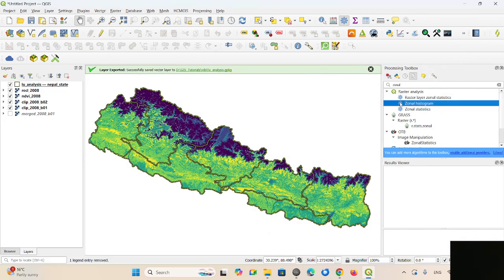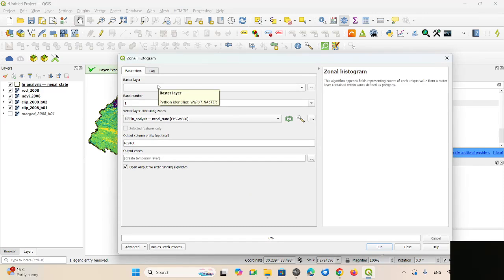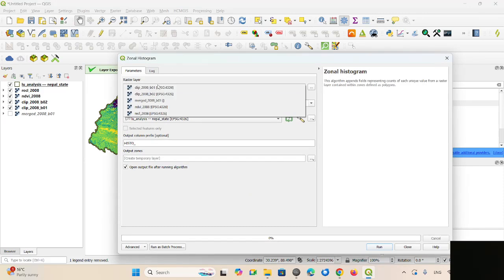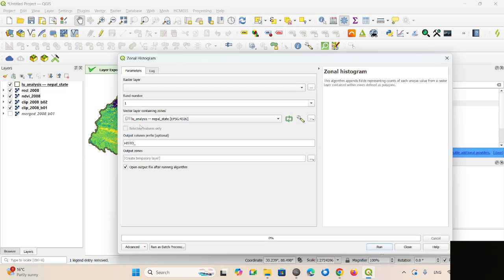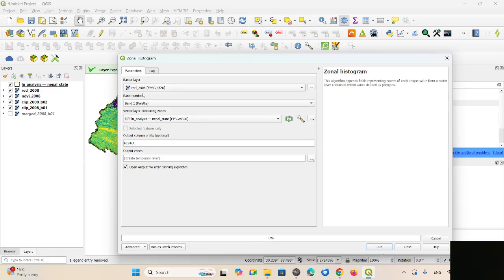So we will use zonal histogram instead of zonal statistics. It does the same thing, but in this case the inputs are raster and vector instead of raster and raster. So we use the reclassified NDVI, and the vector layer with zones is this Nepal state, and it will produce